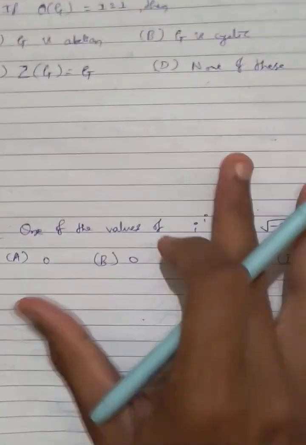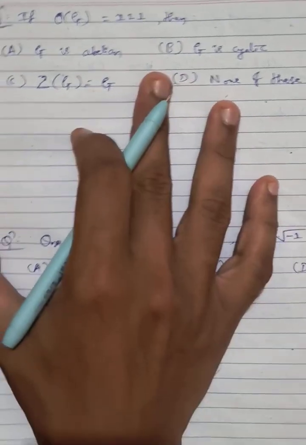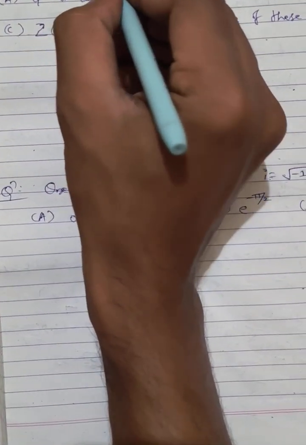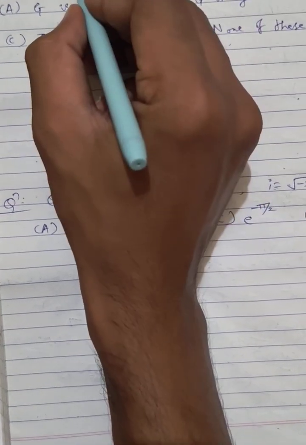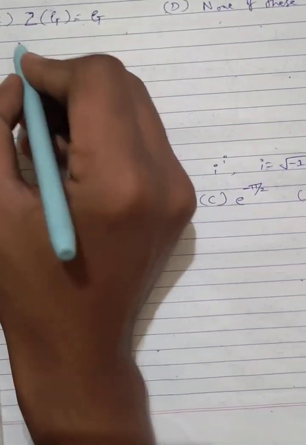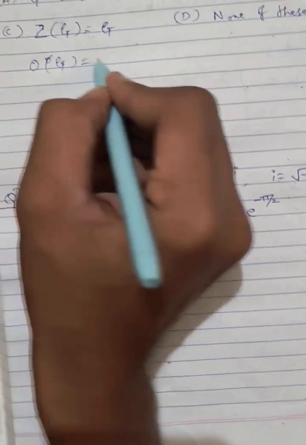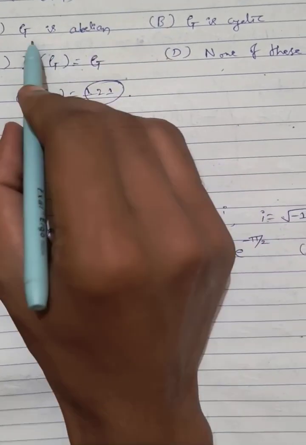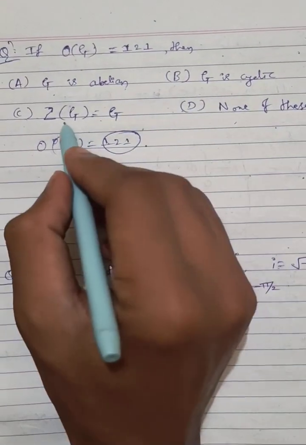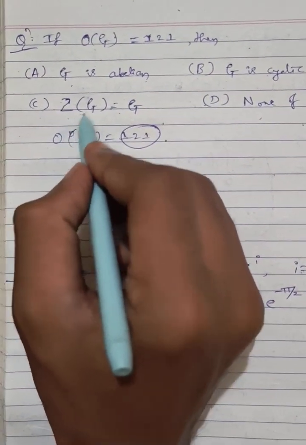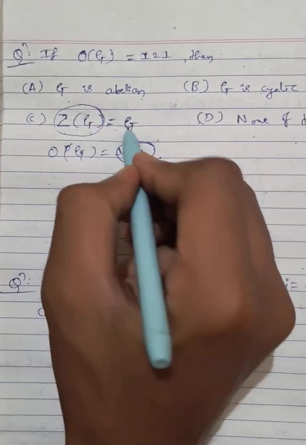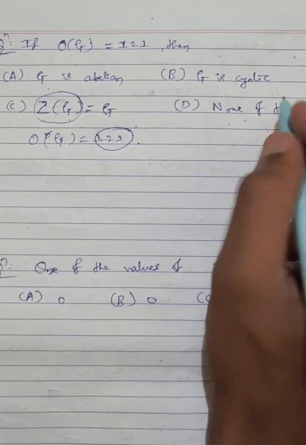This question is related to group theory, that is, cardinality of a group. We have a group whose order is given, that is, the order of G is equal to 121. Then we have to say whether G is abelian, whether G is a cyclic group, whether Z of G, the center of G, is equal to G, or none of these. So we have to check